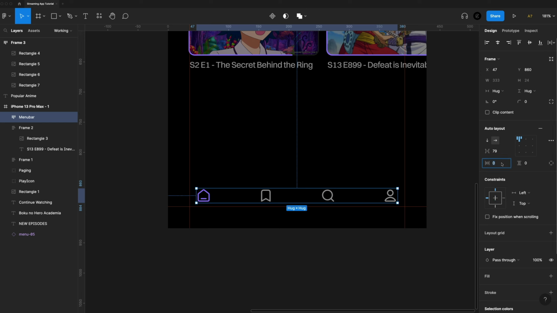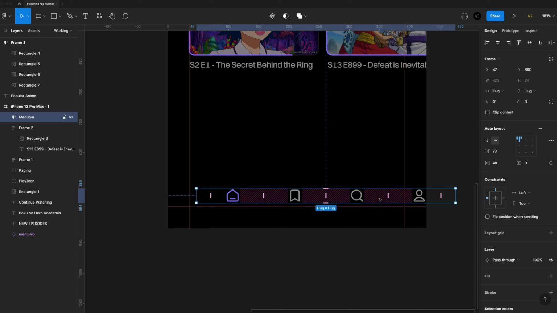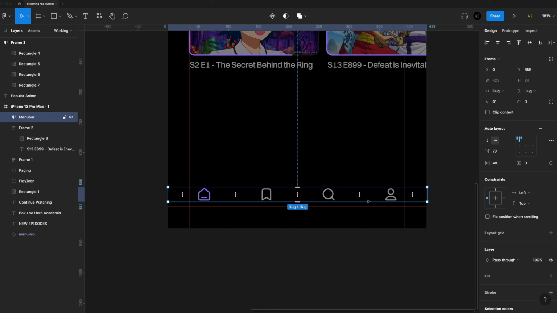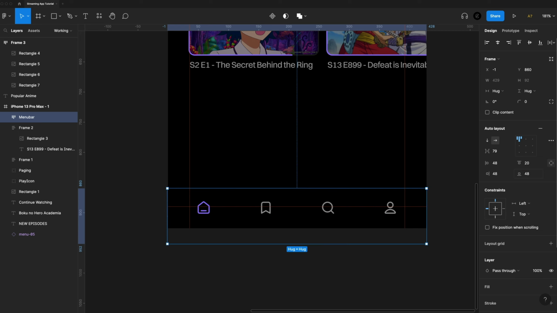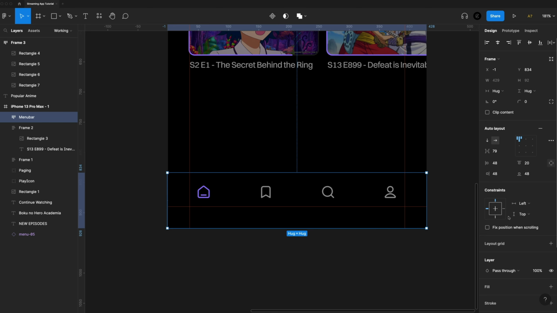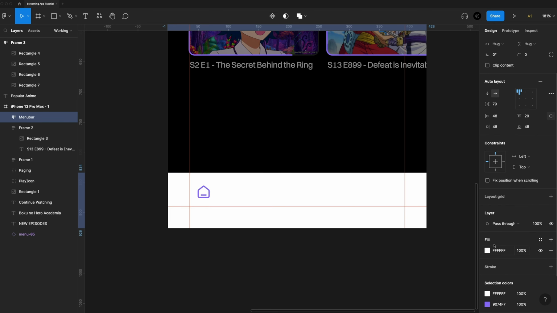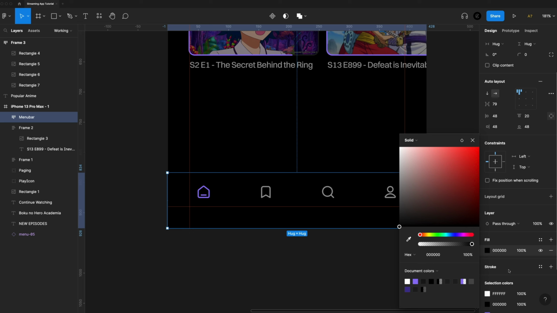Notice how I'm not using 36, which we're using for our guides, because it wouldn't look right if our nav icons were on the edge. So I've pushed them in to 48. Then I'm going to put 20 on the top and 48 on the bottom. So we can now align that to the bottom and centered. And let's give it a fill of black. Then we'll add a